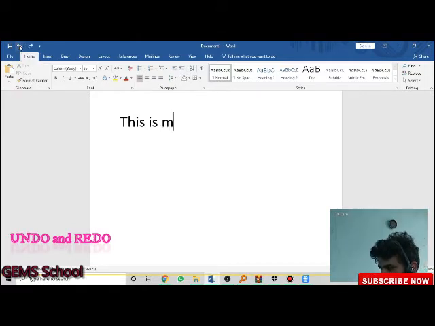You can use it, or else you can use the shortcut key. The shortcut key is Ctrl plus Z, which is for undo typing. I want to get back what I deleted, so now I'm going to use the shortcut key Ctrl Z. Once I type Ctrl Z, it gives me back what had been deleted. That operation is called the undo option.